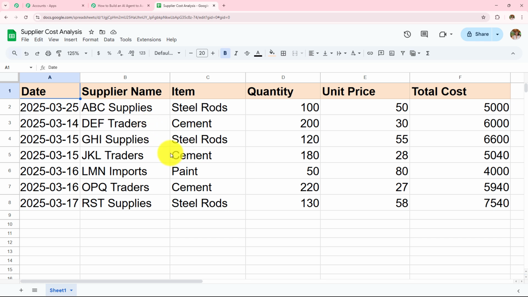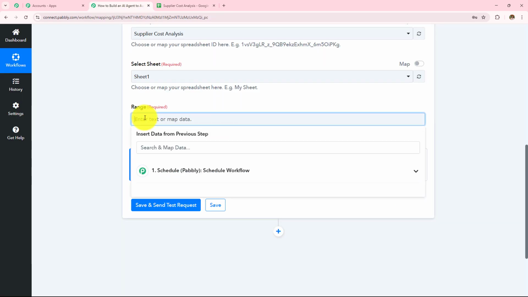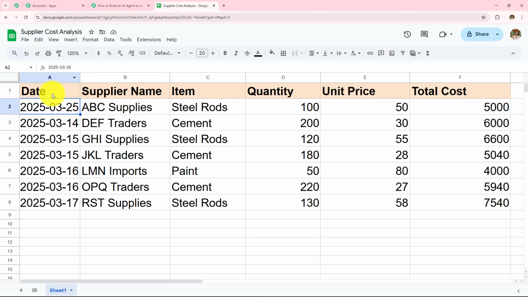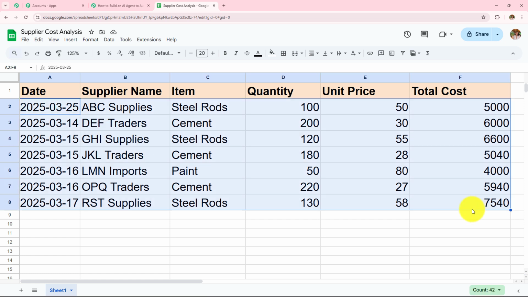Now here I'm going to enter the range as my data is starting from this row and this column A2, and it is ending in this column F. But I do not want to specify the row because I will be adding more data, and then I want to generate the analysis of that data also. So here in my range, I'm going to write A2 and then I'm going to write F. So here the data will be sent from this A2 to F. So here I'm going to receive all the data which I have from A2 to F.